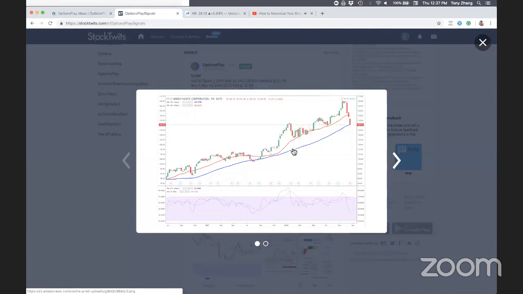What we're generally looking for is stocks that are long-term in a bullish trend, however, have recently oversold or taken a big beating, and we think is going to correct back to its mean. So that's the general thesis behind our technical signals.